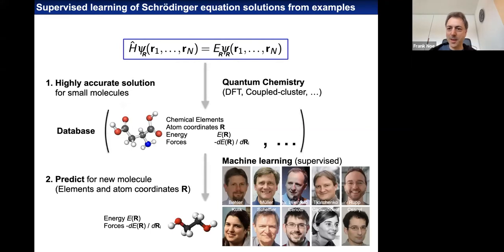And many people have done this extremely successfully, and there are several of the pioneers here in this picture. And basically, the state of the art there is such that, at least for small molecules within a class of compounds, let's say organic compounds, we can essentially be so accurate with our predictions that the bottleneck is not the machine learning prediction, but rather still the intrinsic error of the quantum chemistry theory level.